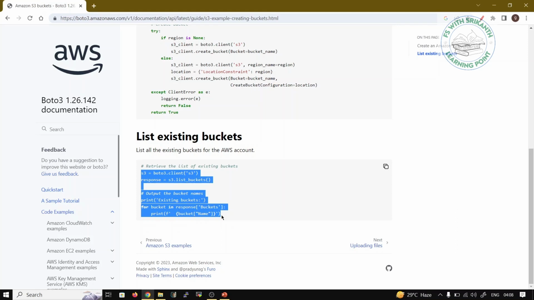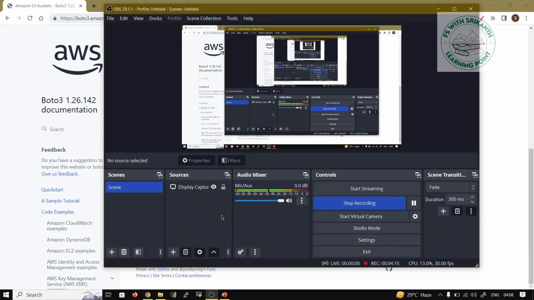boto3 is widely used by DevOps engineers, system administrators, and developers. It's the most important for every DevOps engineer. So we can automate